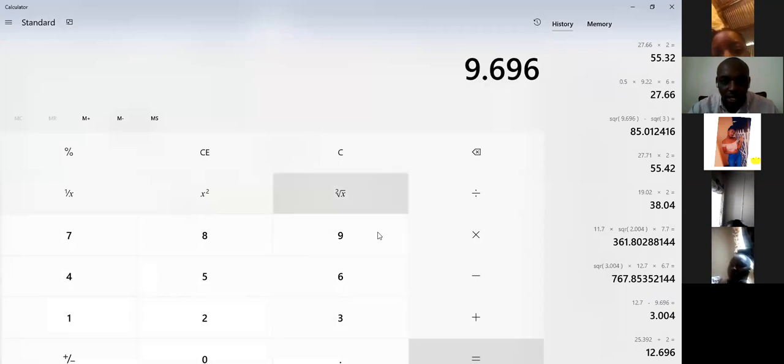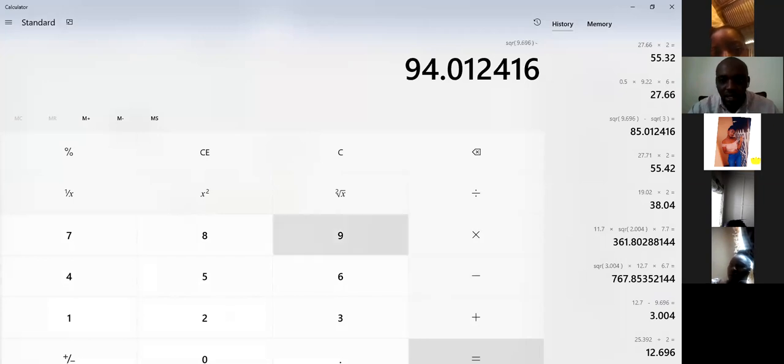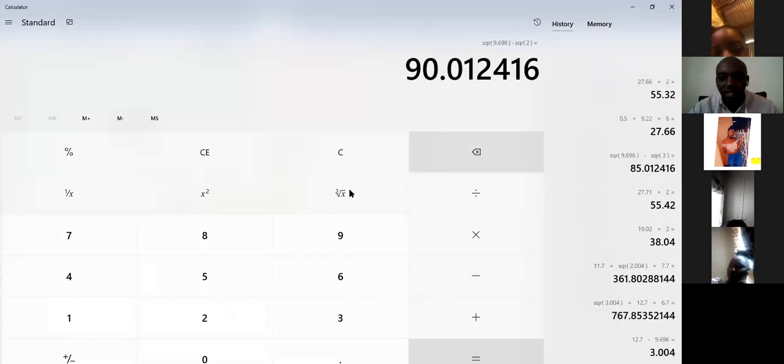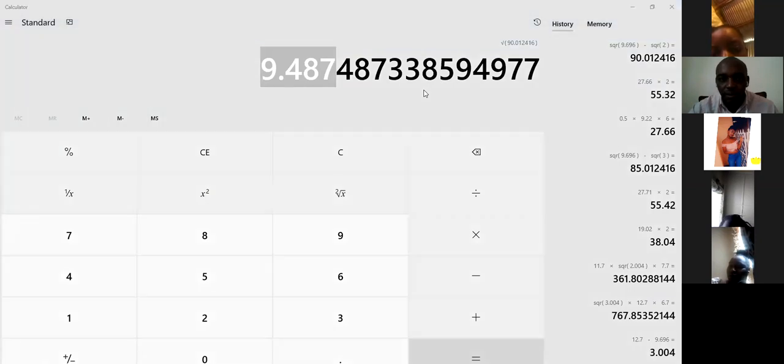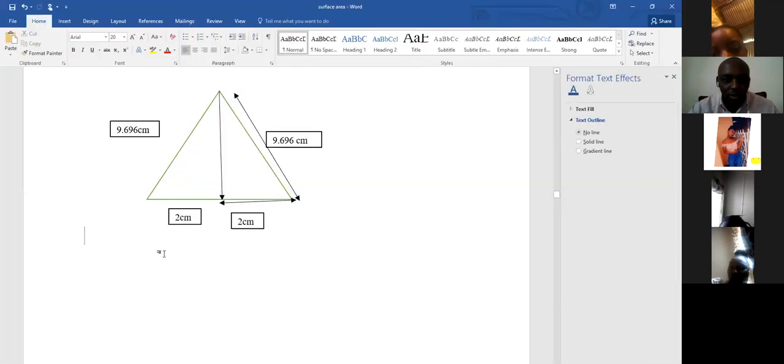9.696 squared minus 2 squared. The answer is this. I find the square root of this answer. It's going to give me 9 point this. Copy. So this is going to be my answer. And I've gotten this one from